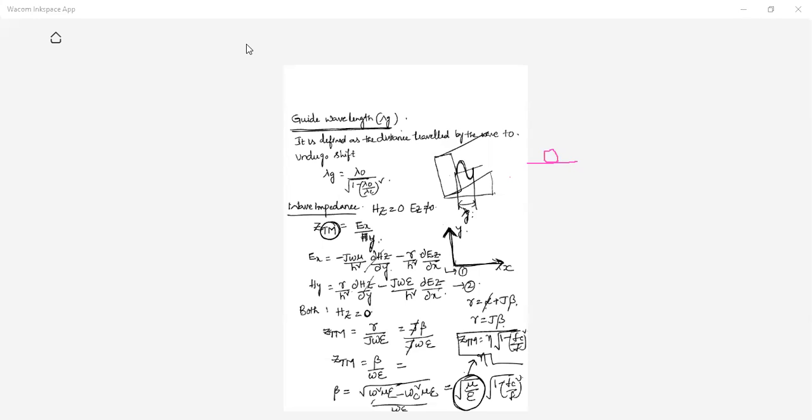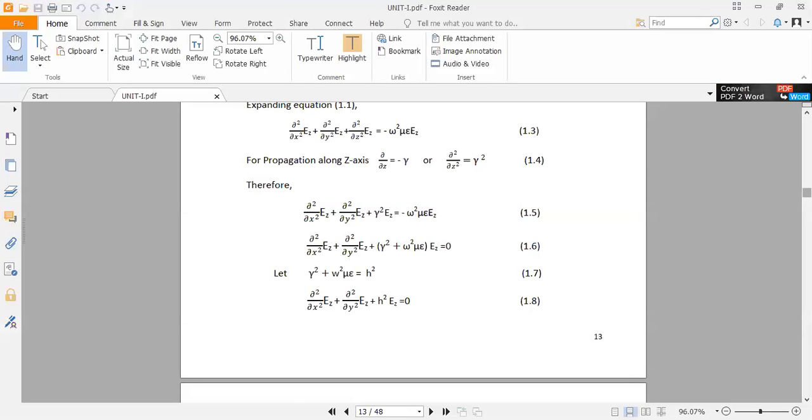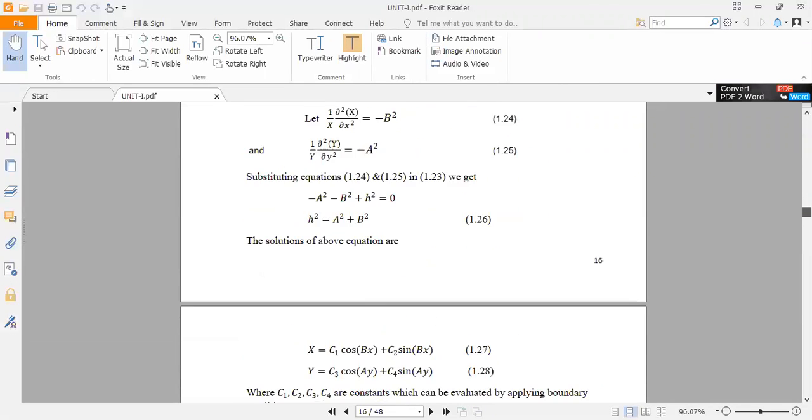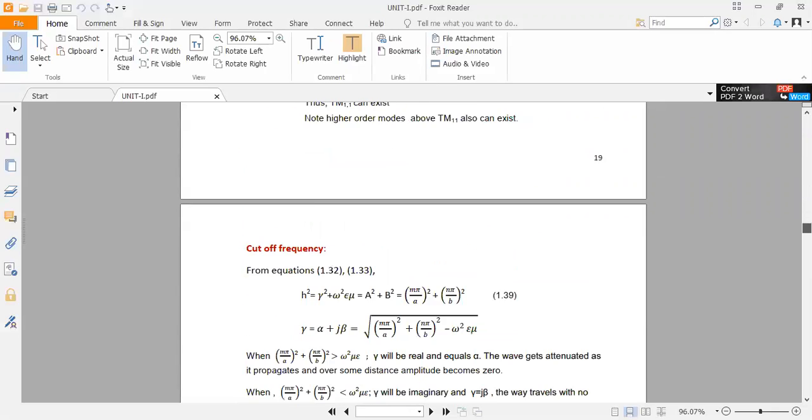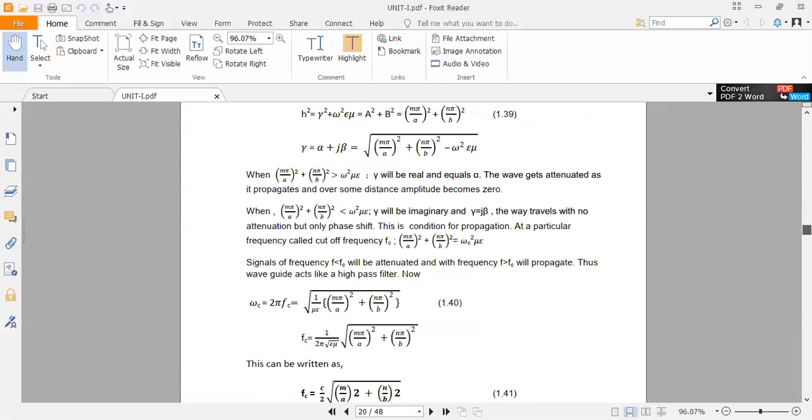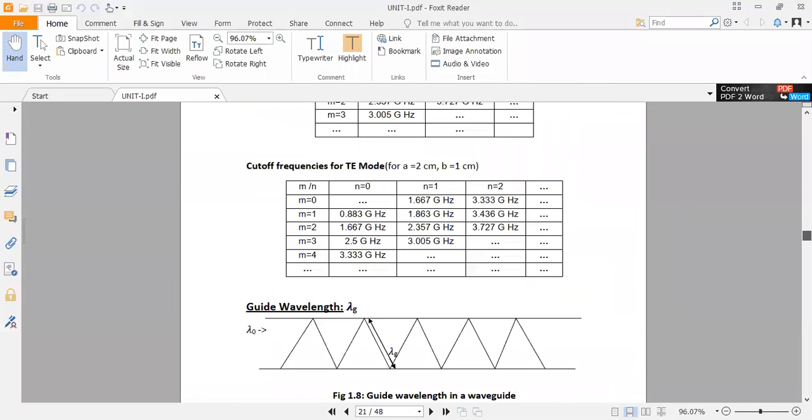So I'll just go back and we'll see the PDF. Everything is mentioned in this PDF. I've already shared this PDF with you. Go through it. Already all these parameters we derived. And I'm clearly telling you, for the parameters, whatever derivations I did in the class, please follow that.